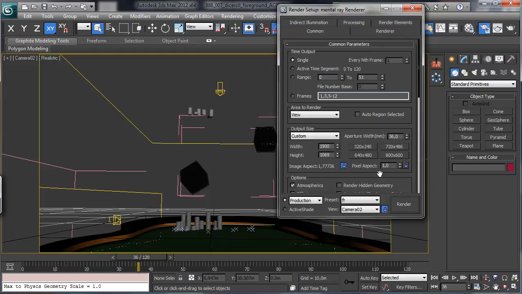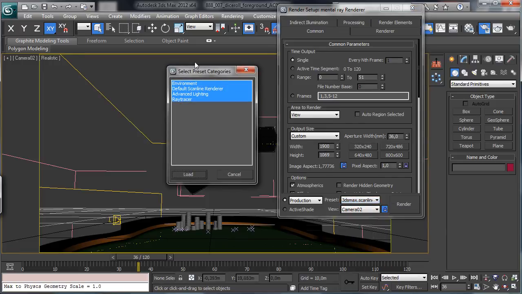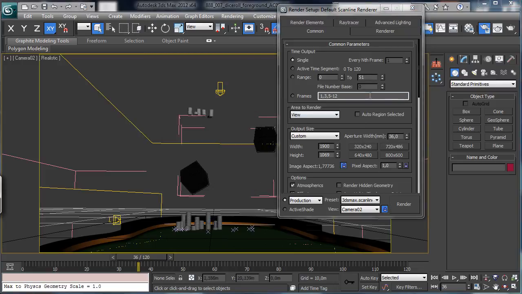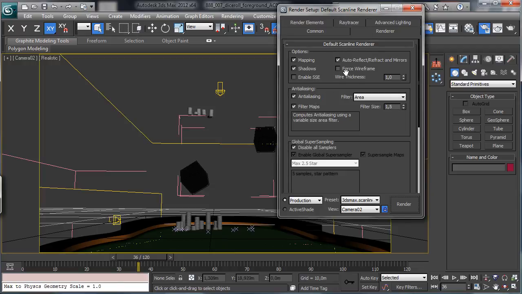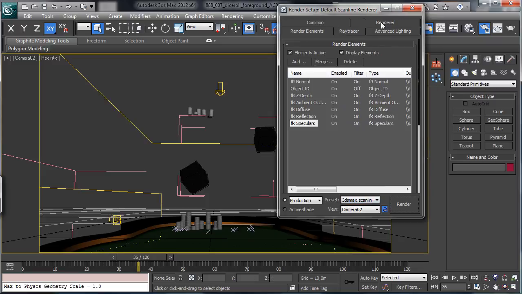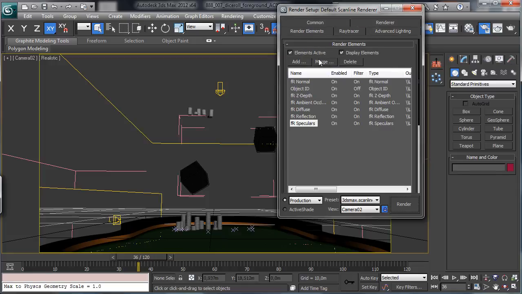Let's think, for example, now about loading a different one like this, scanline radiosity high. You see that we have different stuff. We can select the environment and just the scanline render and load. And you see that we now have the scanline render, obviously because we loaded the scanline preset, and we have all the other stuff set as before. So we have just, for example, the ray tracer, and the render elements are coming from the old one.